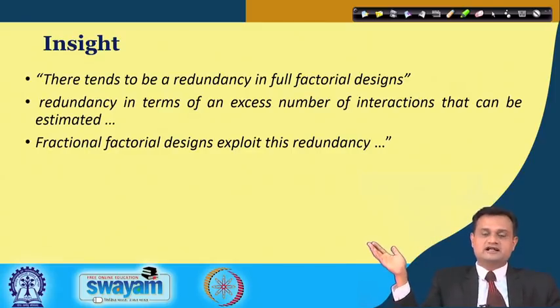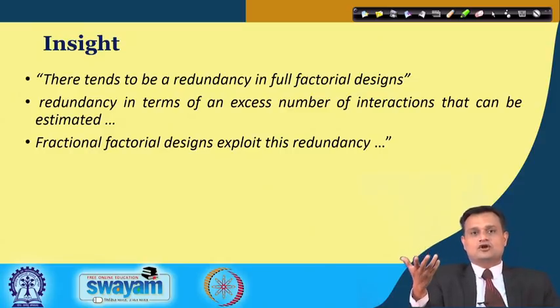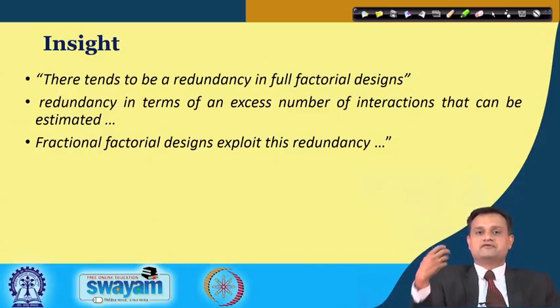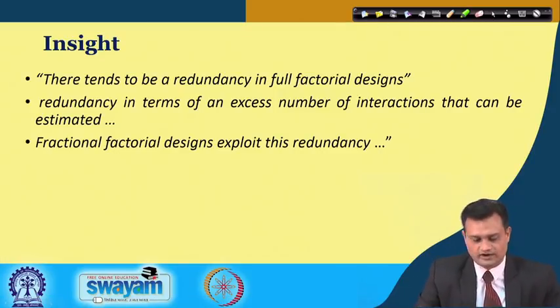So try to get rid of redundancy, your experimentation size will come down and you would be more effective in conducting your experimentation. But it's not just terminating some of the effect estimation without any logic. So I want to teach you what is that logic by which you can really be reasonable, logical, scientifically true in reducing the size of the experimentation and can really focus on the vital few. So how to figure out this redundancy? That is the issue that we want to address.